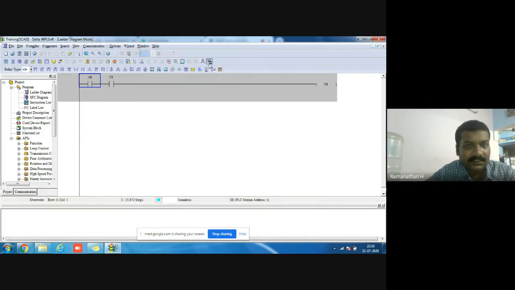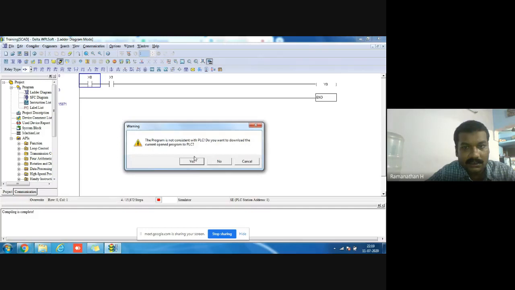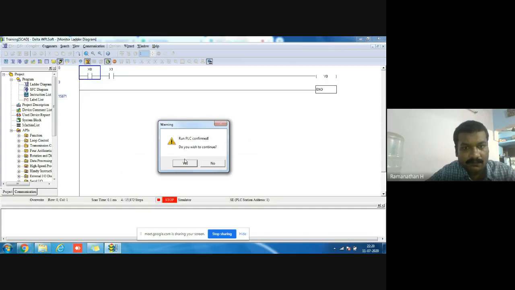I start the simulator, and again I go to online mode. It has to be compiled and downloaded into the simulator. It is in stop mode.